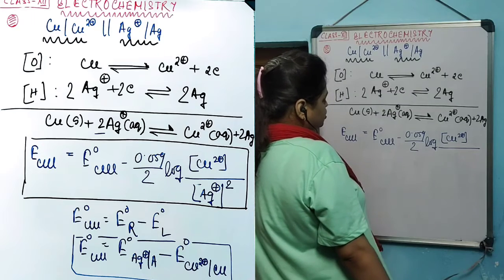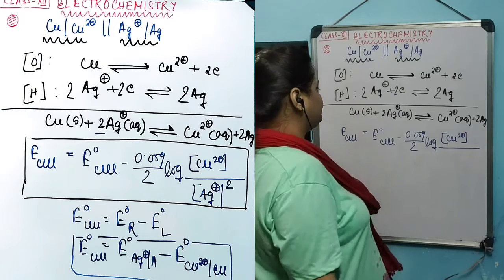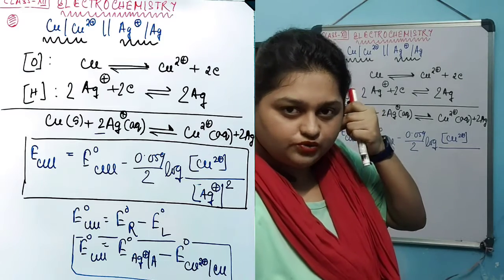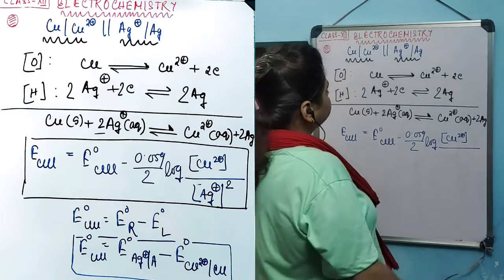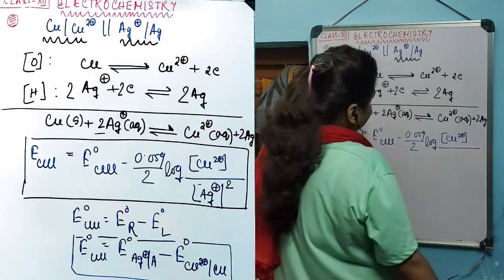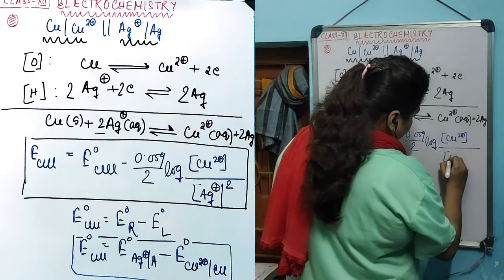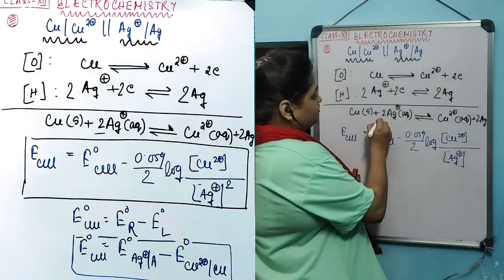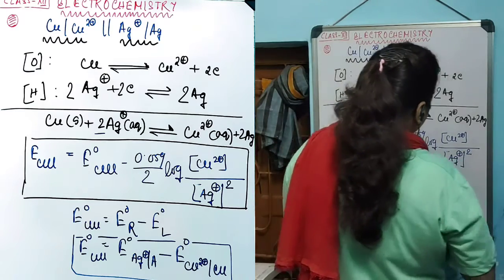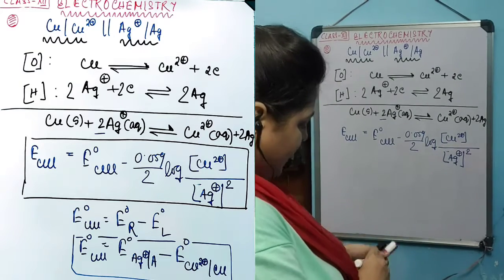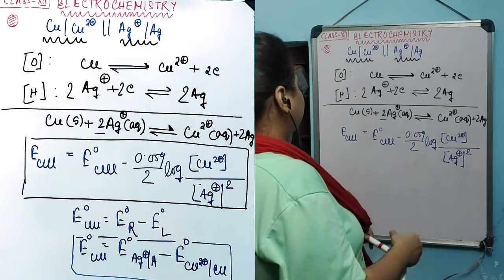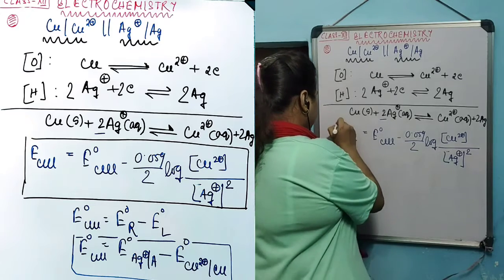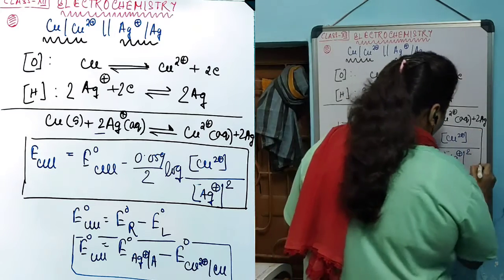Now for the concentration of the reactants, the first species is copper. Copper is in solid state, so its activity is unity and we are not going to consider it. The next species is Ag plus, and the concentration of Ag plus is raised to the power of its stoichiometric coefficient, 2. So this is the cell reaction and the electrode potential equation for this overall cell reaction, in which E